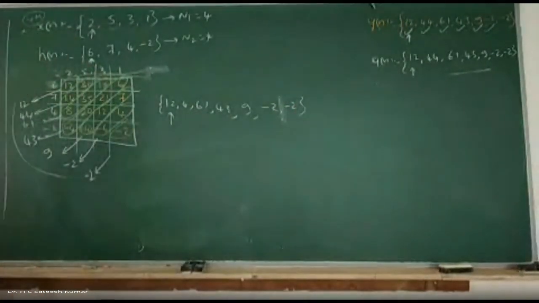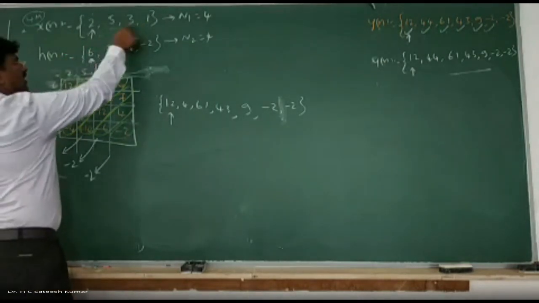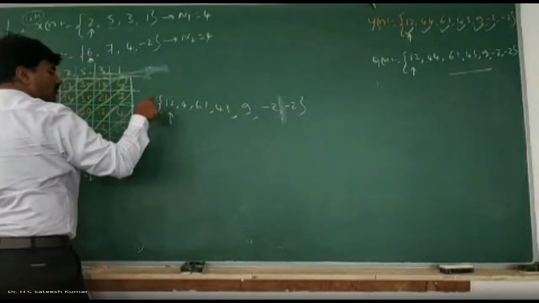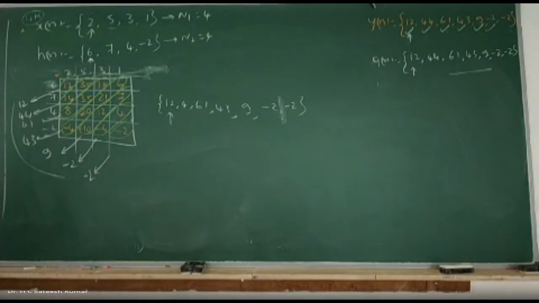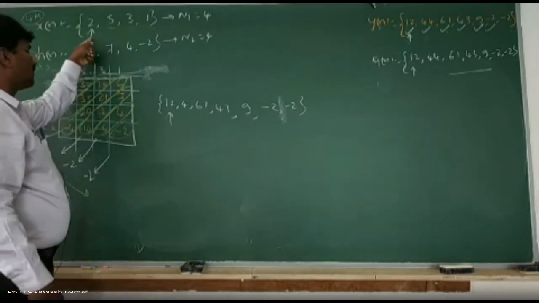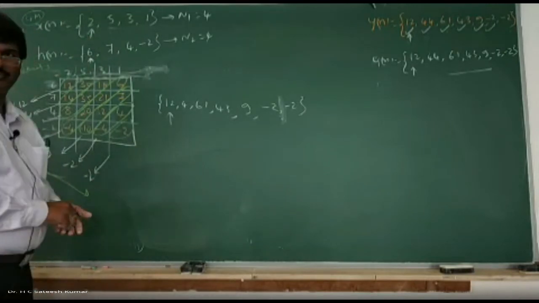So this is how we should do it, right? So how to put the arrow mark? Count from this one. 3 elements plus 3, 6. Leave the 6 elements, 1, 2, 3, 4, 5, 6, and put the arrow mark. So this is the third way of doing the problem. So method 3. So in this order only you should write it. Same way, after writing the order, put the arrow mark by counting the number of elements from the right up to the arrow mark, right? So that's how we should do it.